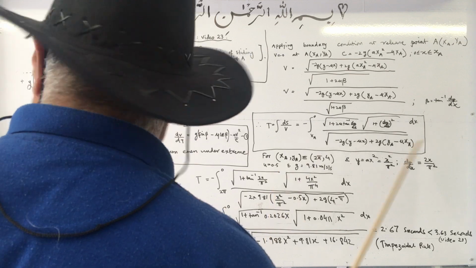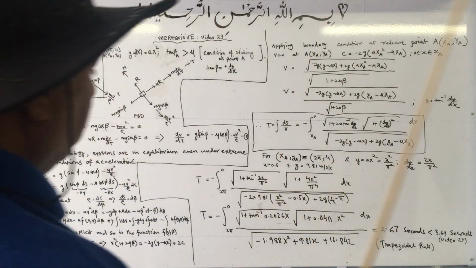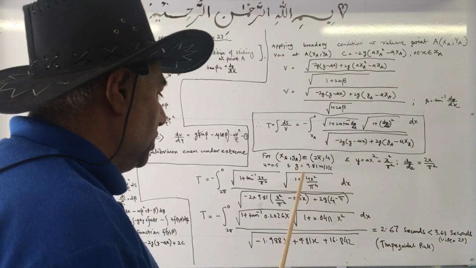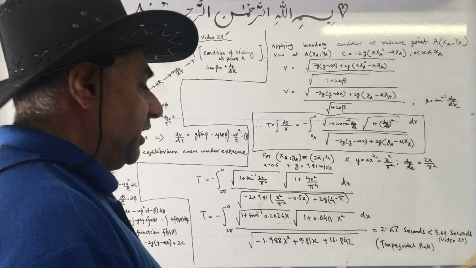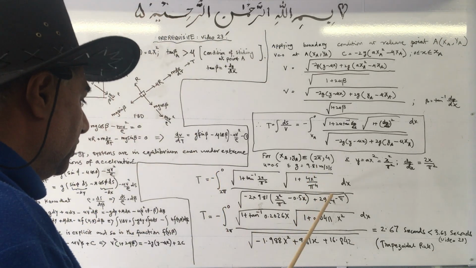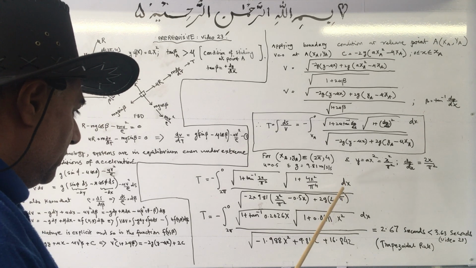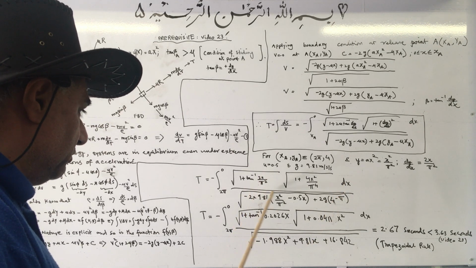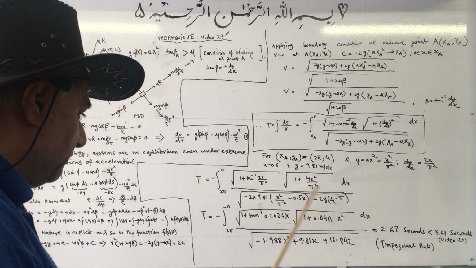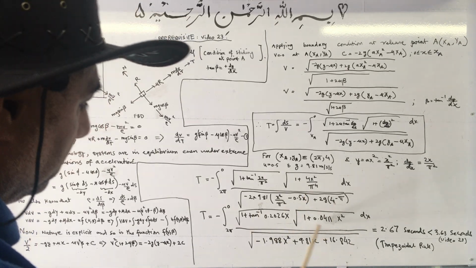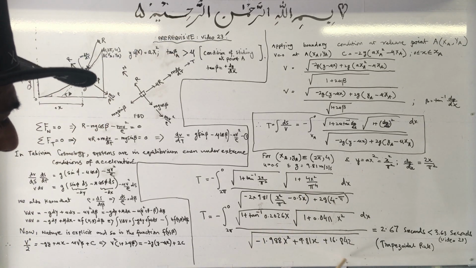Okay, mu is, as in the previous video, 0.5 and the gravity g is 9.81 meter per second squared. So you insert the values here. 1 plus tan inverse 2x over pi square plus 1 plus 4x square over pi 4 minus and so on. You get this one, then you get a quadratic equation here. So when this is